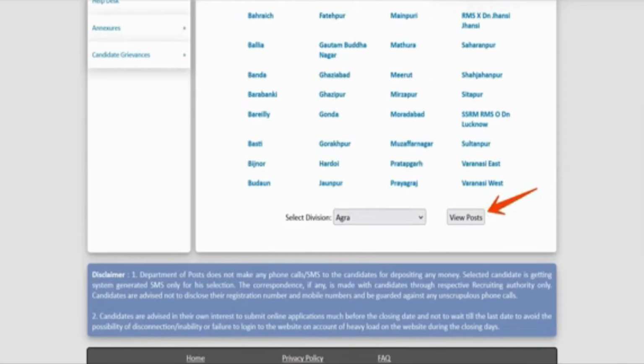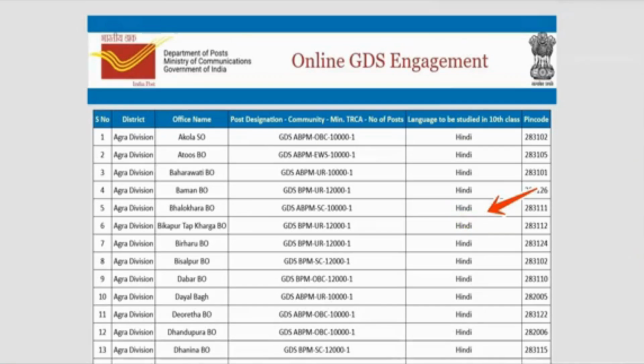There are many. For example, if you are in the SC category and you fill in the general ones, then you will get the seat only when the seat is empty. But if you are in the general category and you apply for the SC category, then you will not get any seat even if the seat is empty. So fill in your seat according to your category.